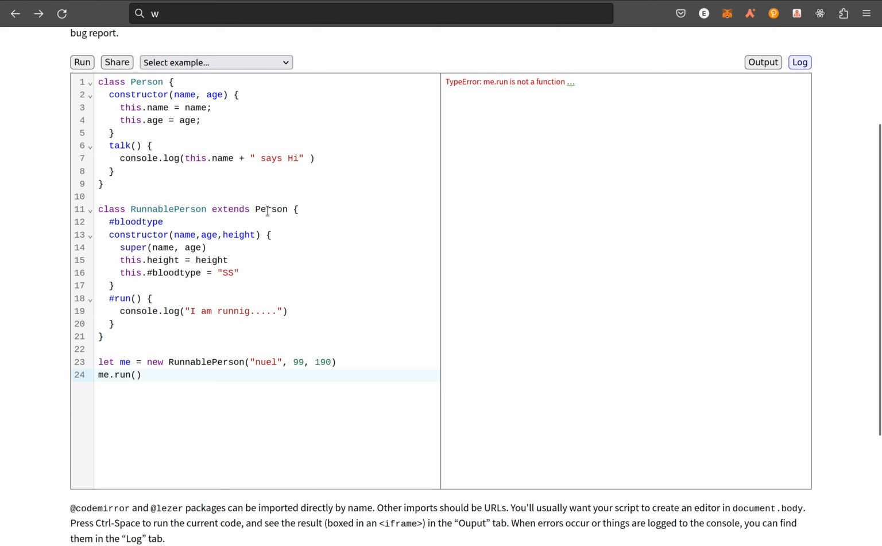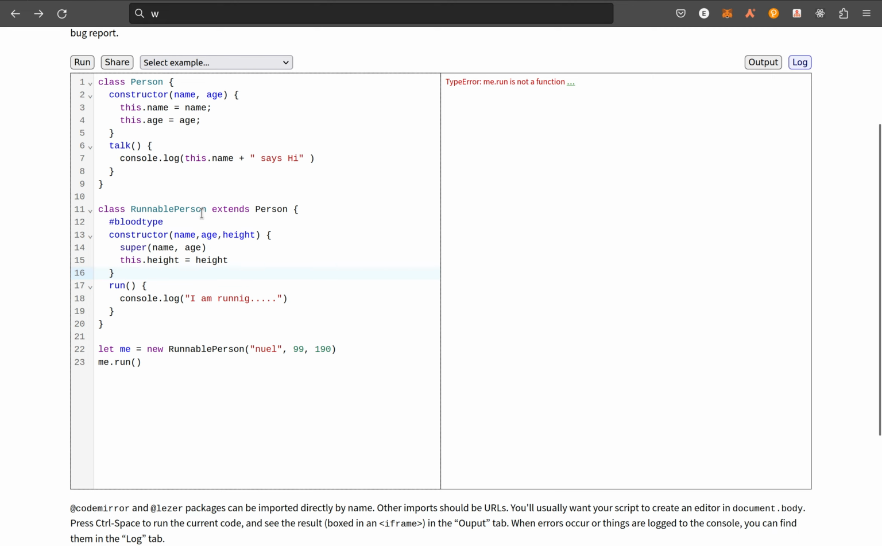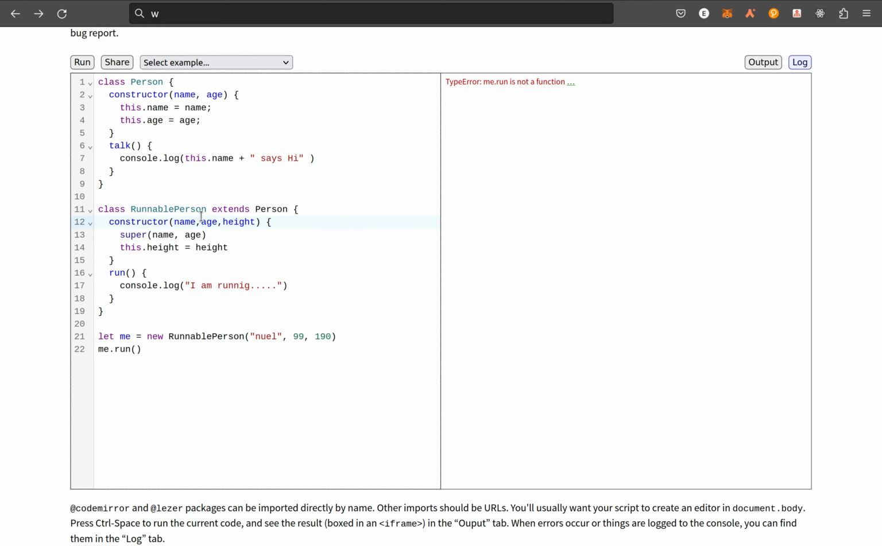So for example here, you can see that this class runnable person basically just extends from this class. And the third one is polymorphism. So polymorphism is simply, let me just clear this out. Polymorphism simply is